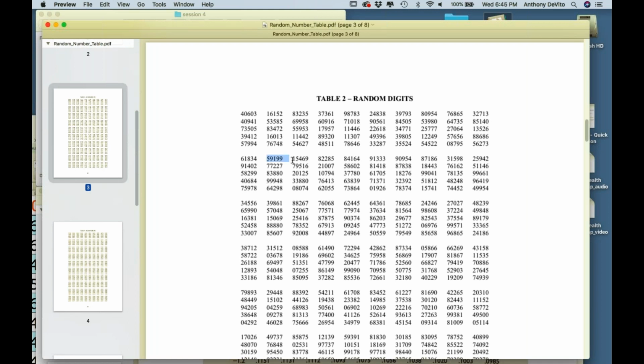Like for instance, I'll start right here. If I start right there, these numbers are random. So the number 59 is random, and the next number is 19, and the next number is 91, and the next number is 54, and the next number is 69. I am going to use these random numbers. I'll start from anywhere in this book. Don't start in the same place I did; you start anywhere you want. And I'm going to say that 59 refers to the row and column number on that table.